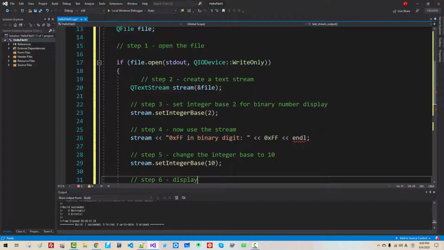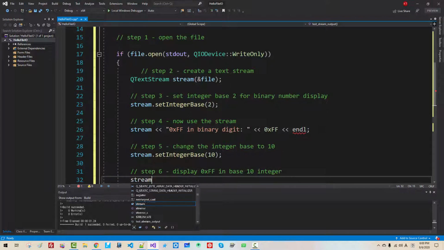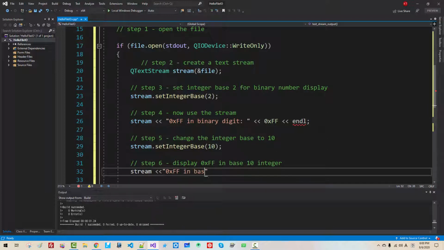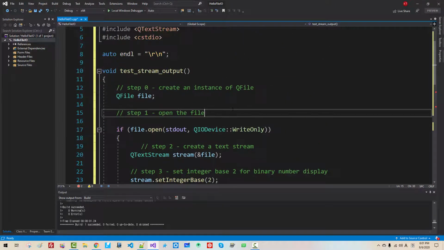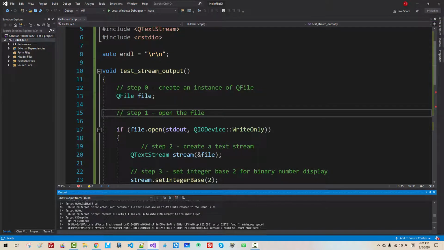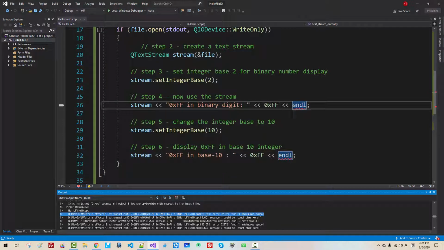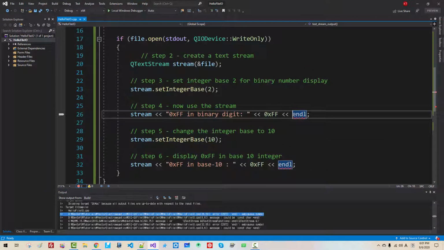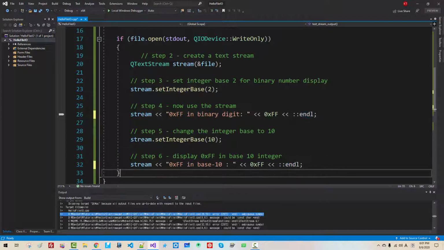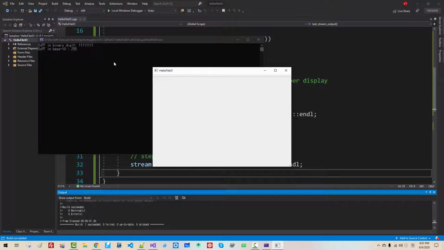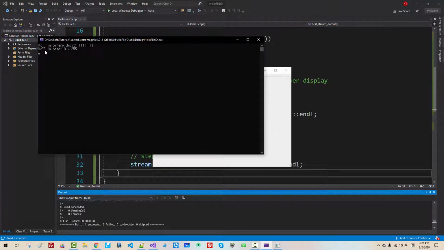Step 6, display 0xFF in base 10 integer. String 0xFF in base 10, 0xFF, and there. Now we filled this function. We are calling this function from here. Control F5. It failed. It says ambiguous symbol. So it is global, we change it to global. Also make it global like this. Now Control F5. So 0xFF in hexadecimal is converted to binary digit in decimal number base 10,